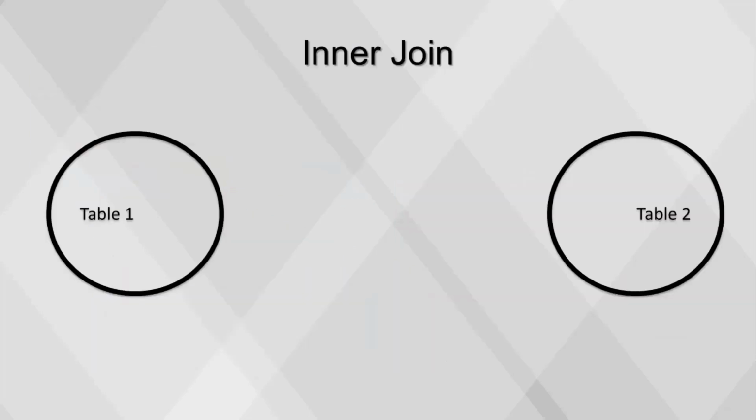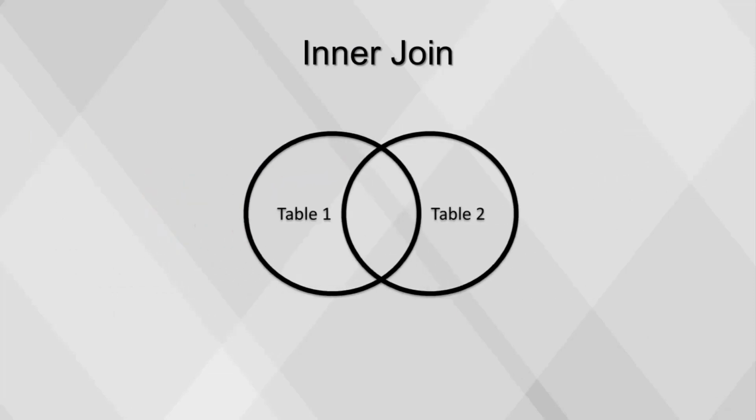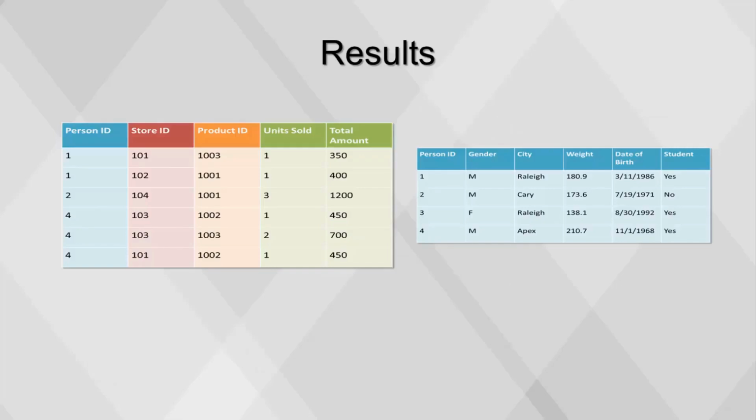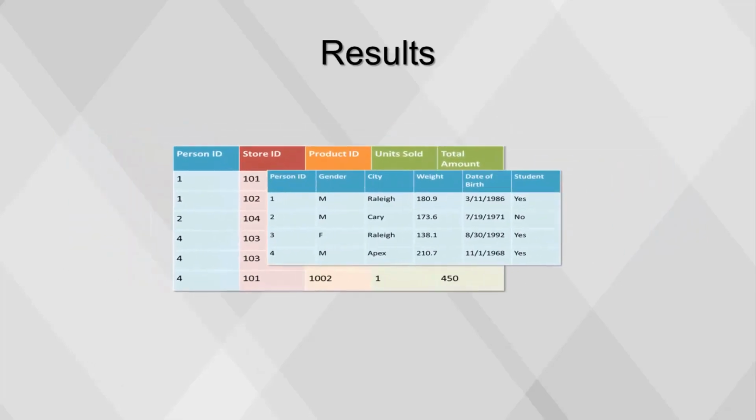To join these tables together, we will use an inner join. This will return only rows that are contained in both tables. When a fact table has null or missing values for a dimension, using an inner join will remove the entire row. Since the row may contain useful data in other fields, it's better to use a left outer join to keep all values from the left table, in this case the fact table, and the values from the dimension table that match on the key. While there are other types of joins as shown here, inner and left outer joins are the most commonly used. First, we will join transaction fact with person dimension.